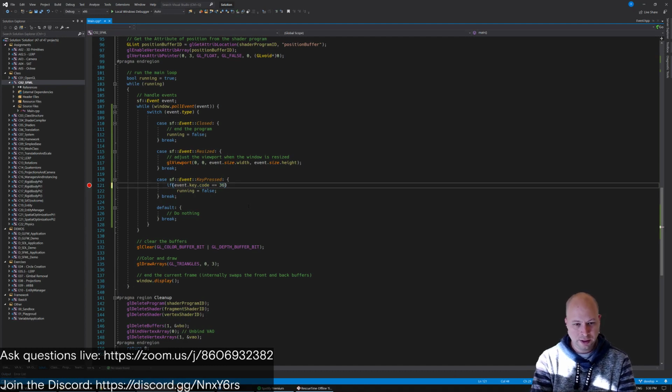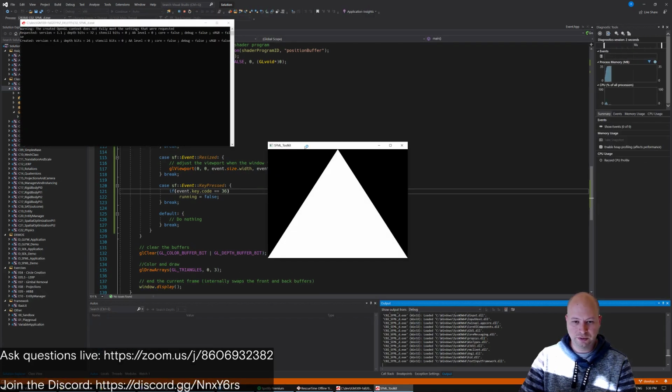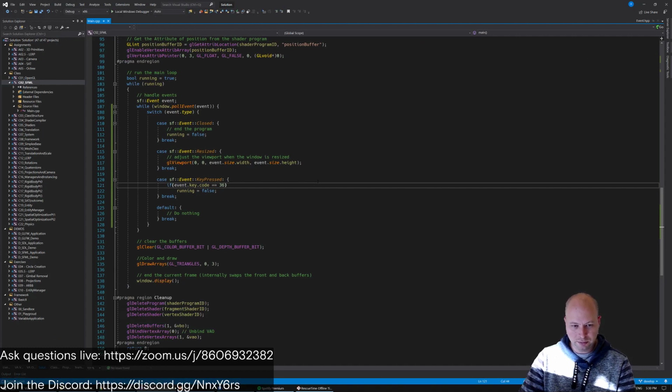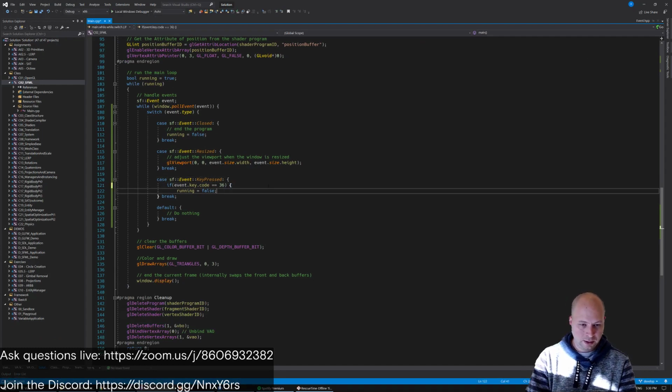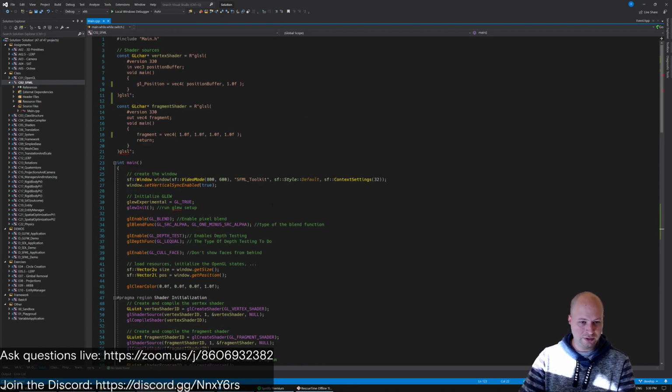You know what? You spend all of your time trying to figure out why code does what it does, you won't write in it. So sometimes it's better if you just deal with it. Escape. It's working now. Great. So, as you can see, for the most part, SFML has replaced a significant portion of